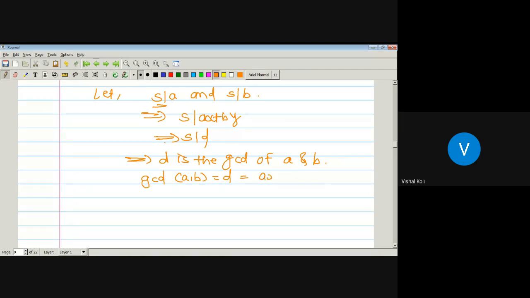D is nothing but AX plus BY. And that is what we have to show, which implies GCD of A and B is nothing but AX plus BY. And hence the